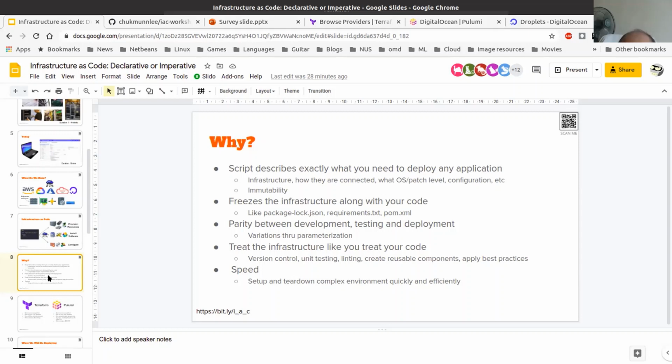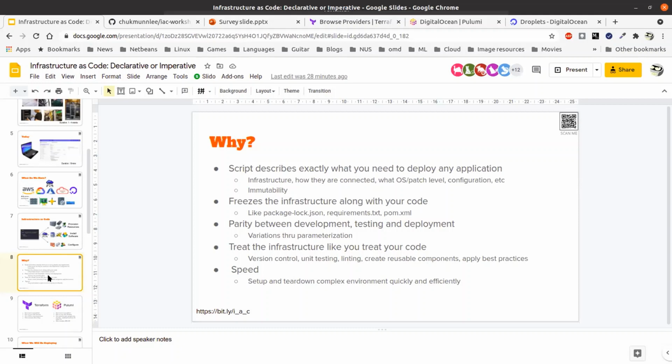Today, if you're writing in Python or JavaScript or Java, you've got files like package.json for a Node application, requirements.txt for a Python application, and pom.xml or Gradle for a Java application. What these files capture are the dependencies and the hard-coded versions. So these requirements actually freeze our application, so we know that every time we build the application, it will run.